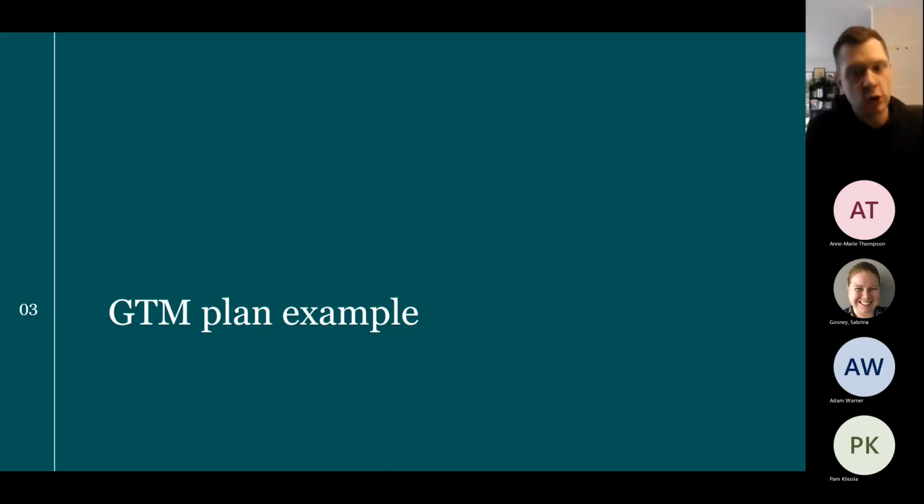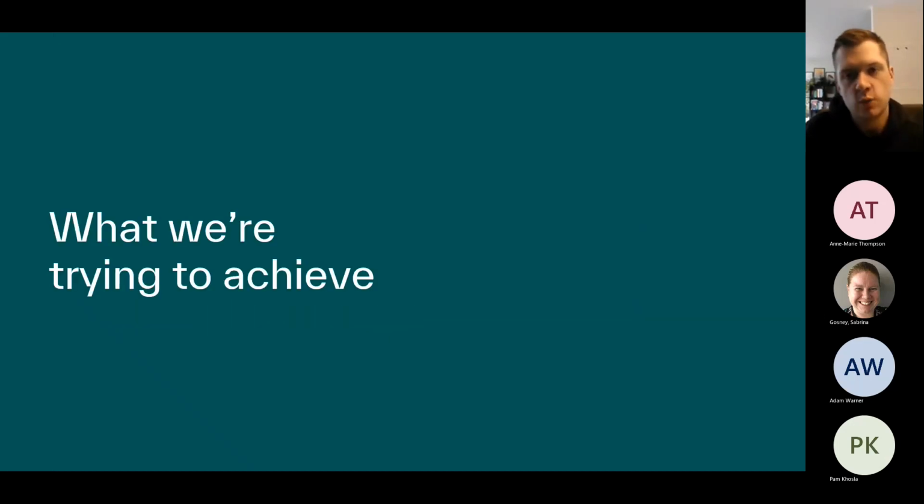So what does that look like and how do we pull that together? Over the next 10 or 15 slides or so, we've just got examples of how we do that. So whenever we do a campaign plan for a client, we don't try and overcomplicate it. We try and make it really layman's terms, especially when we work with channel partners, because we know not everybody has obviously the level of marketing experience that we do. So if we break it down into really digestible information, everyone understands it, everyone understands what we're working towards, and there's no complex jargon.